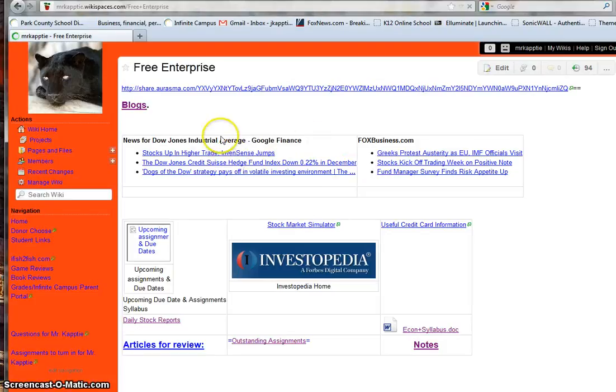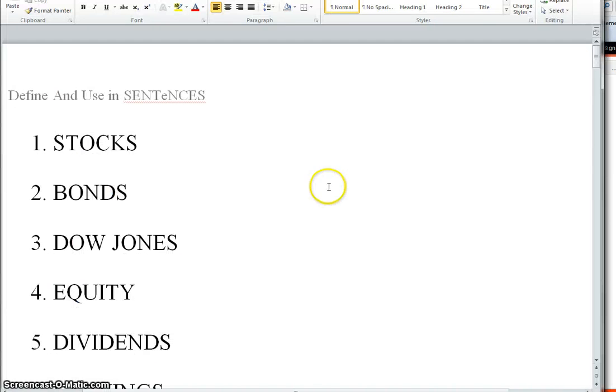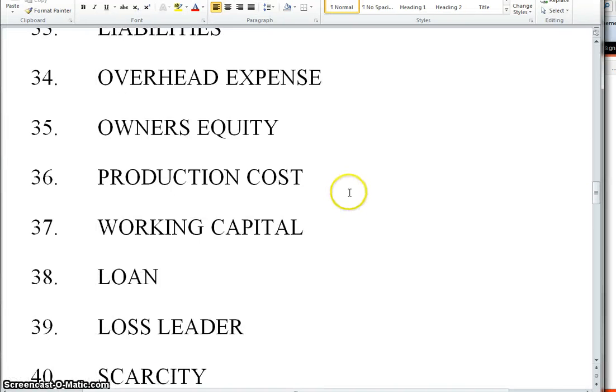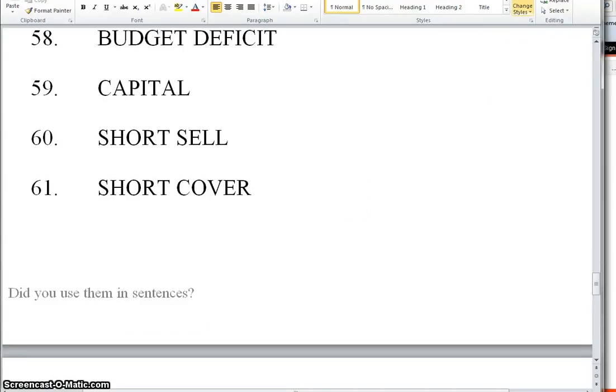When we look through, there's some random things here, but in particular right here is a folder that says upcoming assignments and due dates. There is some rubrics and whatnot on here. So in particular, what I want you to look at is the stock market vocabulary document, which essentially looks like this. There are 60 words on this list, 61, and it will be going around the room during the class period,